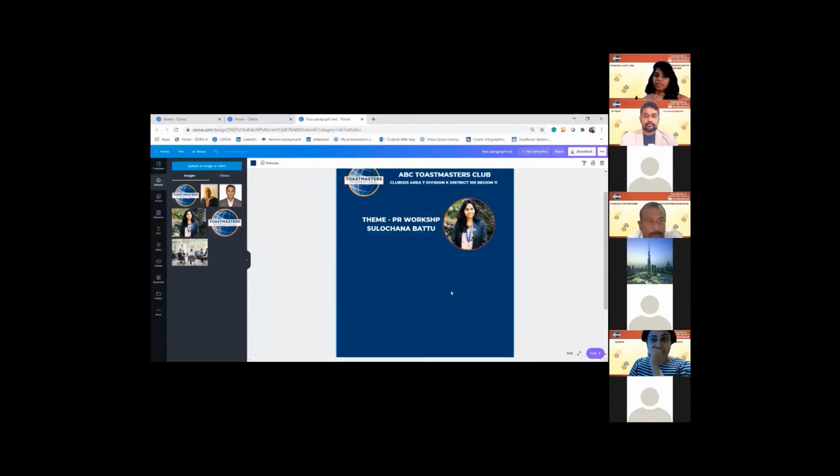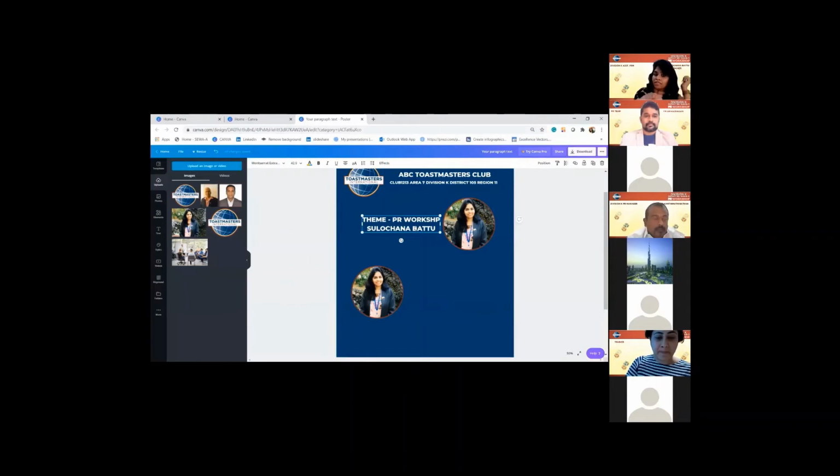Now I'm going to add another feature. Probably I'm going to add the keynote speaker, who was our DTM Nagarajan. I'm going to put that in the poster. I don't want to add everything from scratch, so what I can do is click this and duplicate. This makes it perfect, as both the pictures and frames are the same size. You're not having one frame in a bigger size and the other in a smaller size. So you have uniformity on your poster.